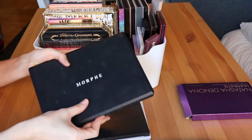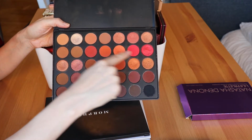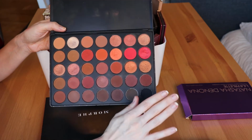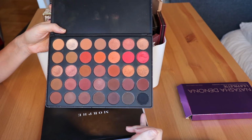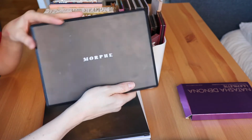This is one of my favorite palettes in my collection, not because I love the entire palette, but because I love these shades right here. These two reds are my go-to red shades, and I am already having an internal panic about not having access to these, but at the same time, I do not want to try to bring this massive